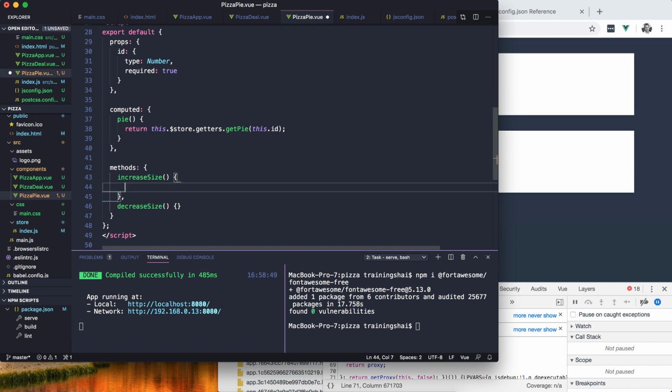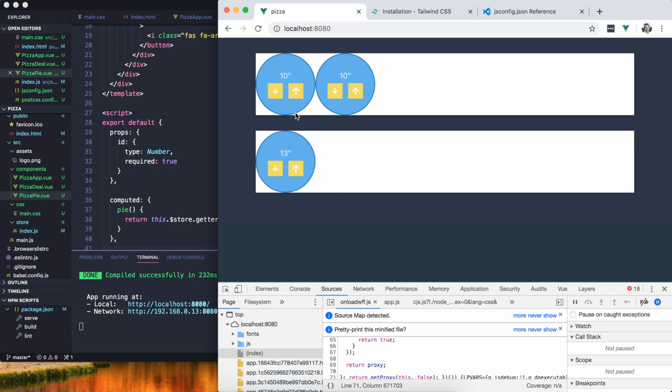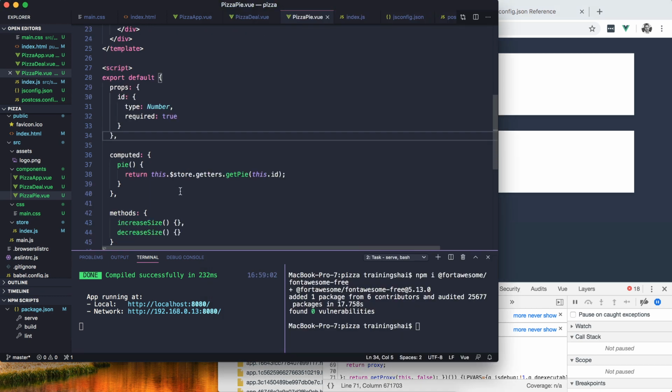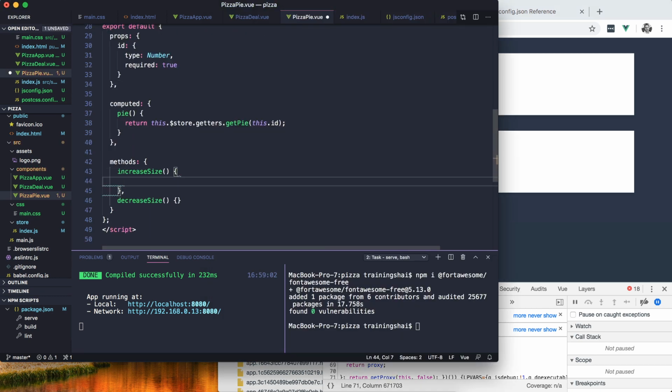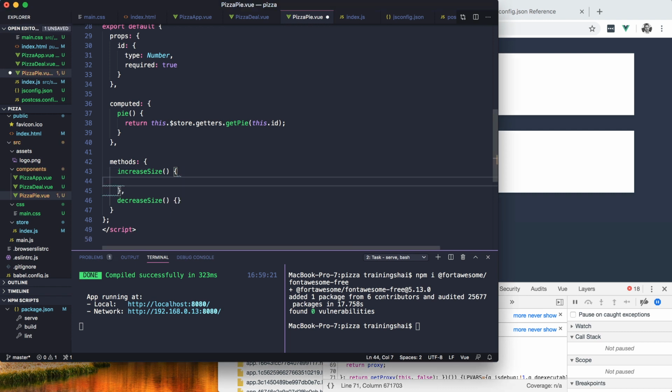Now when we press increase size, I want to tell the data store to make this pie bigger. I could have something where you type in the sizes. I'm just going to say that when you press these, it either reduces or increases the size of the pizza by half an inch. I don't think people sell pizzas in anything other than inches and half inches. So, increase size, I'm going to say, well, let's set up